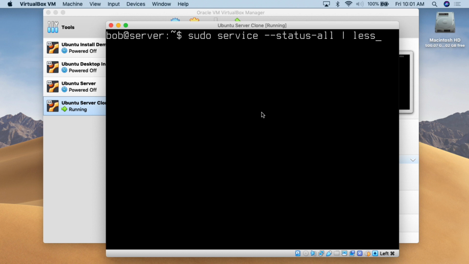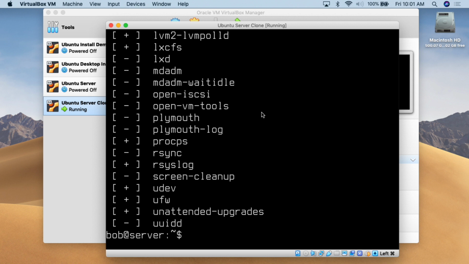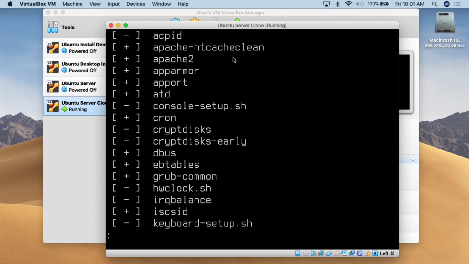And then I'm going to have to hit enter to keep being able to see things. Because basically, when you try to look at these services, well, let me show you. When I simply do this and I hit enter, you see how all those services scrolled by? So we got a lot of services up here that I can't see. So if I do this, but then I pipe it through less, it's going to show me one page of information, and then to keep going, I just hit enter